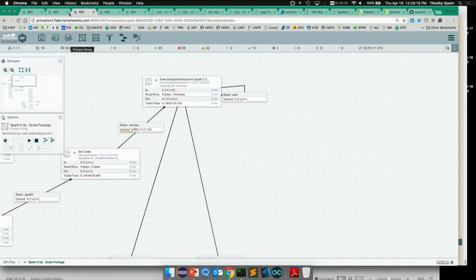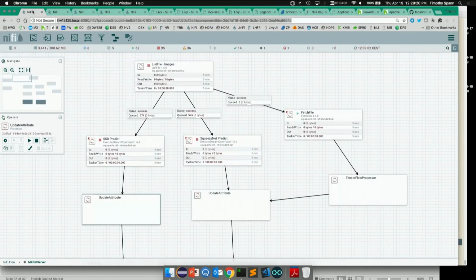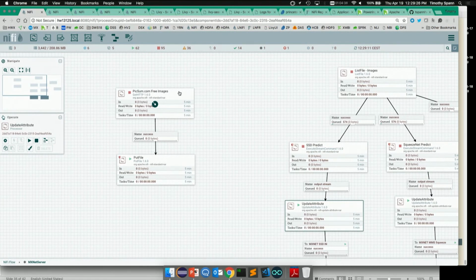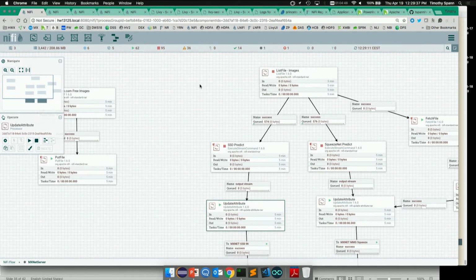We go to our local NiFi, and I've got this running. I'm downloading images from a free image place that lets you get images with no licensing requirements, which is nice for testing these, because otherwise you have a lot of pictures of yourself, and that's kind of boring. This gives you some different ones.